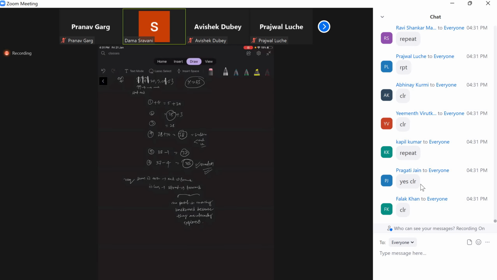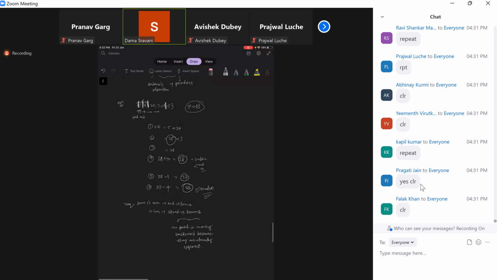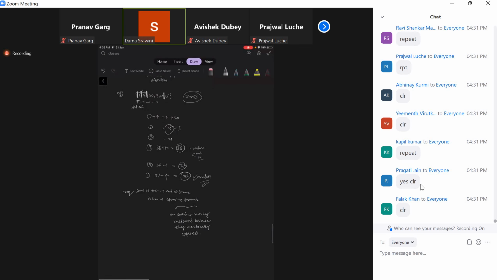Pragati also says clear, Falak says clear. Okay, but I see 2 or 3 repeats. So let me repeat the algorithm. Okay, so I hope everyone has understood the